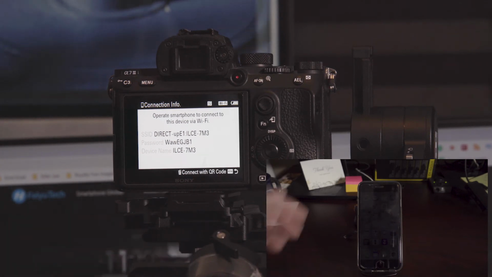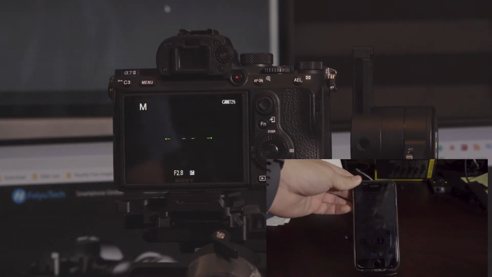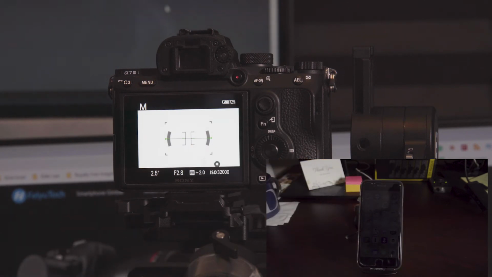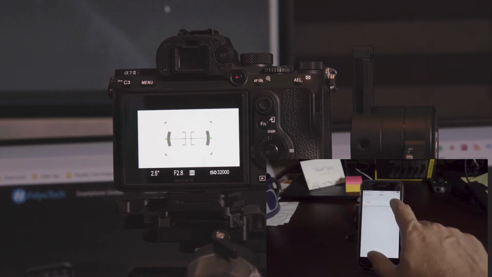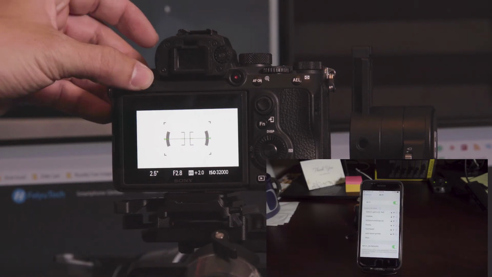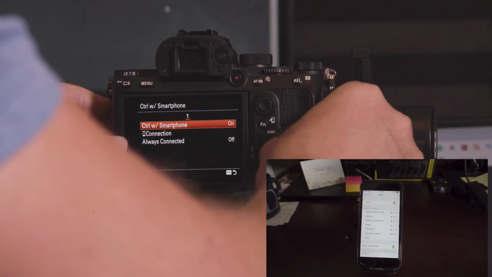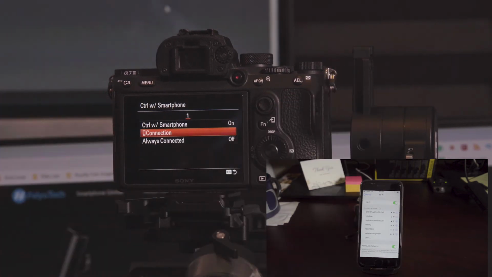When connecting to the Wi-Fi, I have found that you want to be in this screen. So let me pop up my settings. Let me turn on my Wi-Fi. Let me go to menu. Let me hit control with smartphone, hit connection. And as soon as I hit connection,